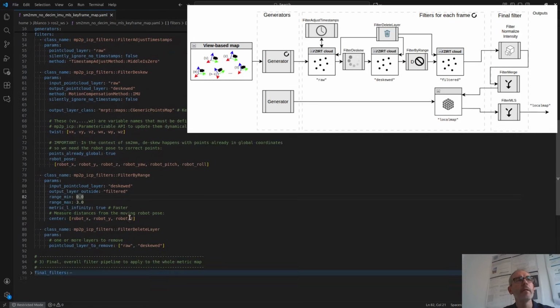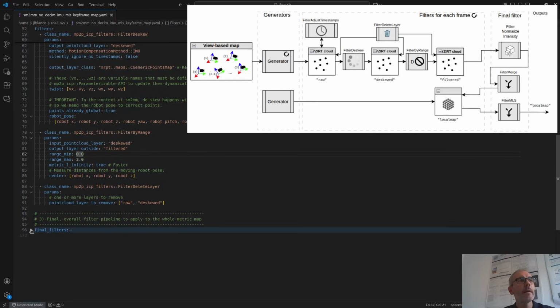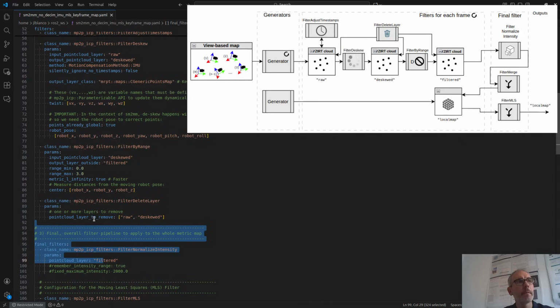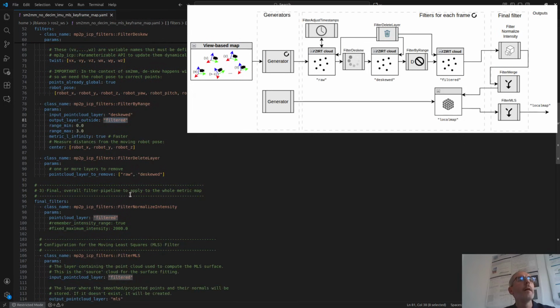And this will be the final result in a pipeline, unless you add something else here. So this final step is optional. If you don't add that, you will have a point map in the layer named filtered, and that will be perfect for any application if you want to just visualize the point cloud, for example, or use for anything else.